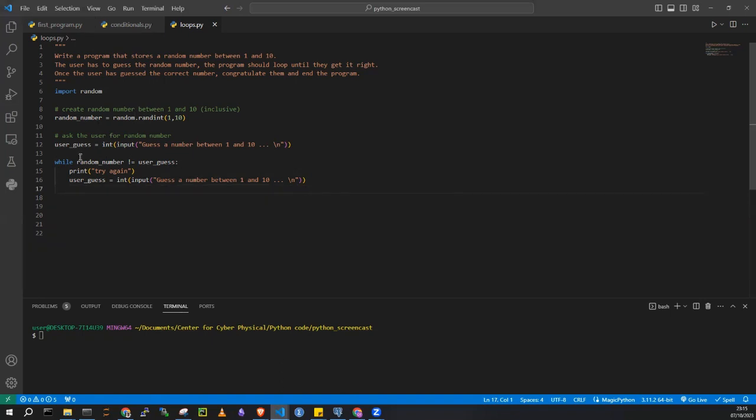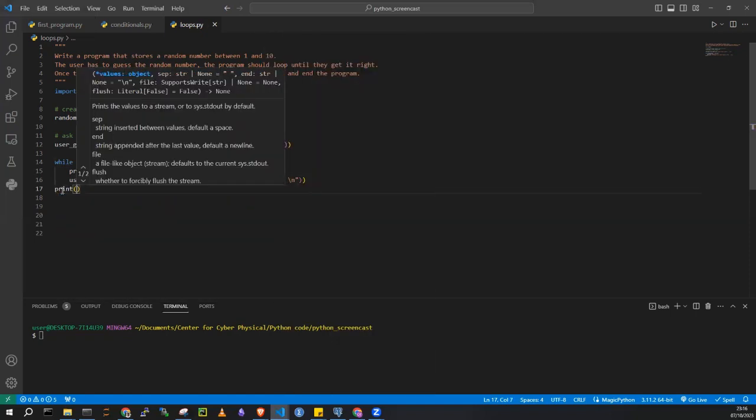So if they guess the right number, then this becomes false. Then it no longer executes this code. It'll move to the next code that it sees. If there's nothing there, the program will end. But if there's something there, it'll execute the next line. So if they do guess the right number and they move to line 17, I'm going to say,